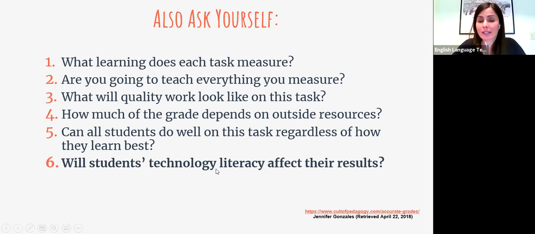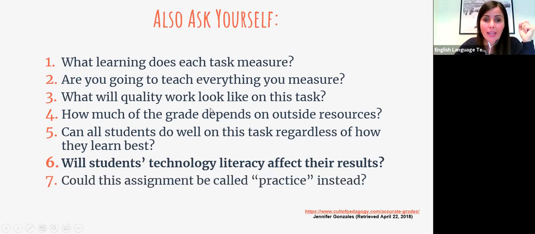Will their technology literacy affect their result, right? So we have to be thinking about that, because we're looking at the learning outcomes, and the learning outcomes should be tied to the language learning outcomes, right? Language performance. What do you want your students to be able to do with the language? And so how are other outside aspects going to affect your grade? This is something that we need to really consider.